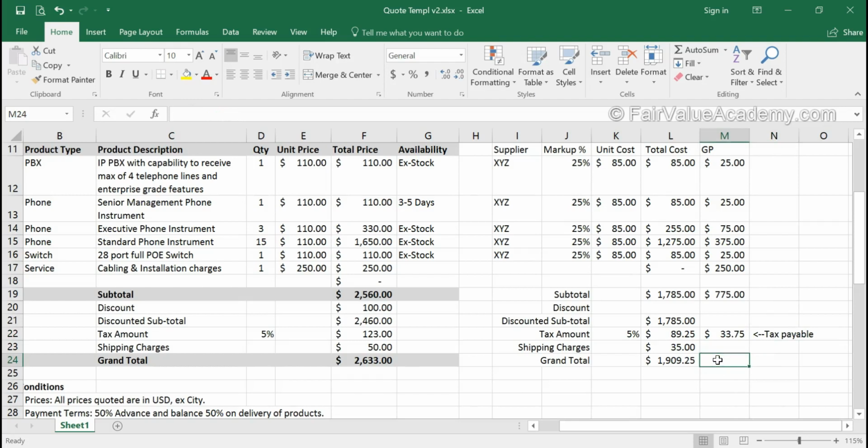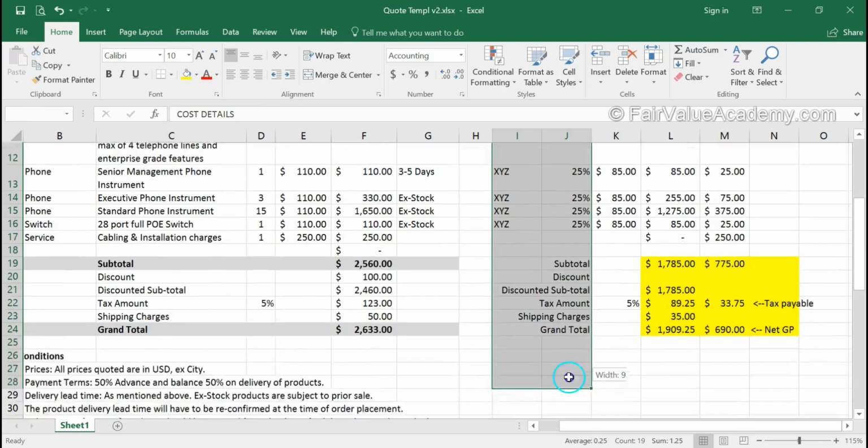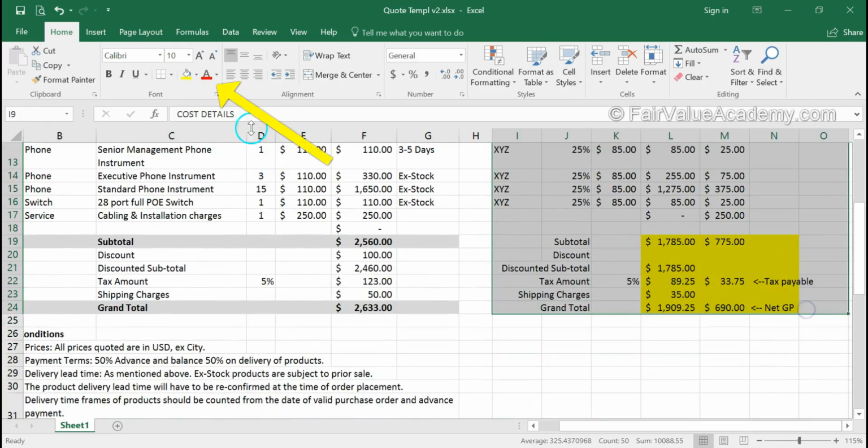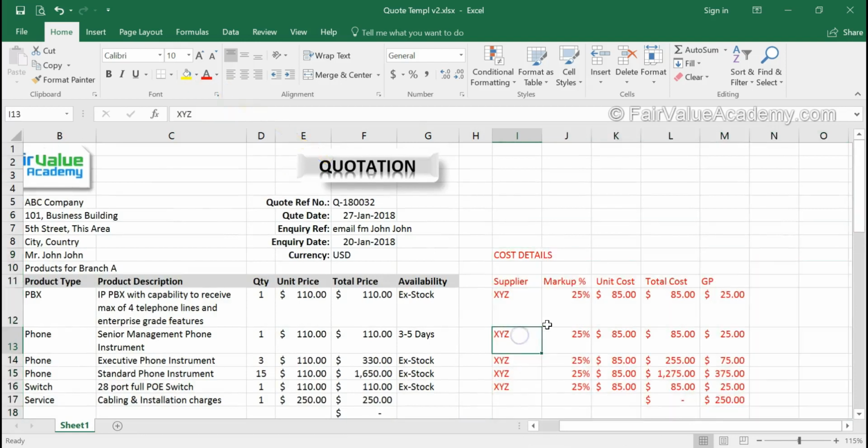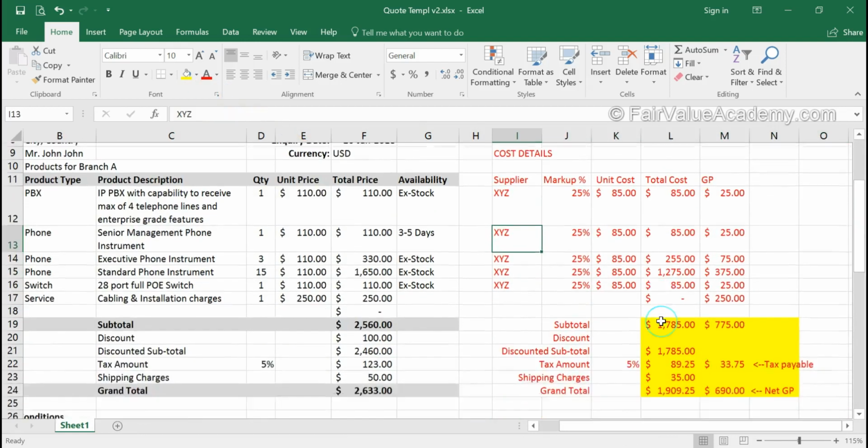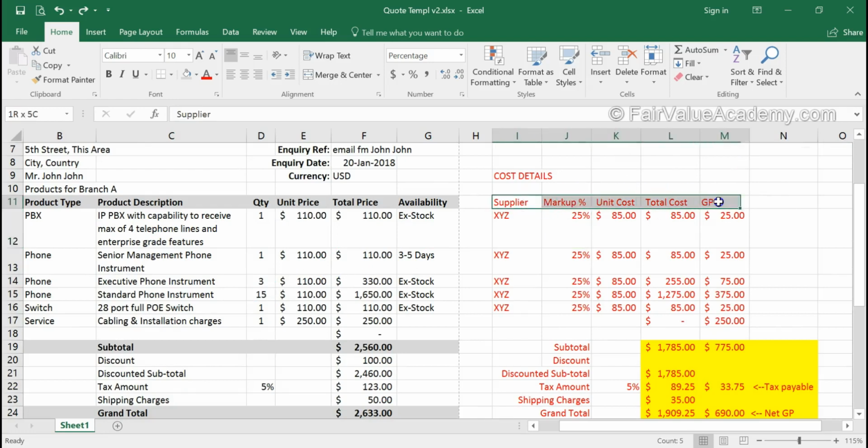Now the total profit which we are going to earn in this deal is equal to total selling price less total expense or purchase price less the tax payable. So this gives net gross profit. So let's highlight this with our yellow color. And second thing we will do is change the font of everything related to cost to red, which gives us a visual alert that this is cost information. Let me highlight the cost headers too so that they are prominent.